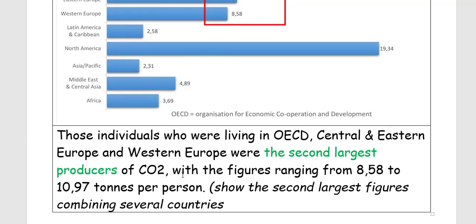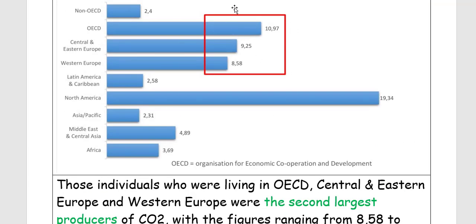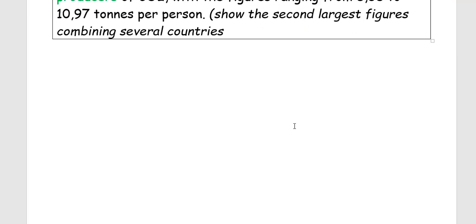And try to remember this structure, comma, and then with the figures ranging from, and then show the lowest and the highest. Okay, so this is our second important feature. So we have grouped several countries together and indicated the range here. Next,